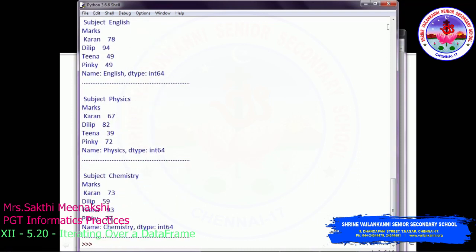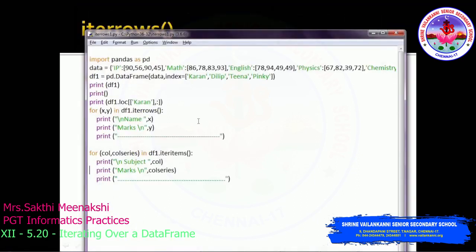So how does it exactly find the last record? Since we are using the for loop and then we are using the in. So what is the use of this in? This in searches whether the items are available in this particular value. Okay, iteritems returns all the column values, so until the last column it iterates. So these three statements will be executed till it finds the value in the iteritems. So we will get all the row values and all the column values. Okay. So this is our first program. It just demonstrates what is iterrows and iteritems.